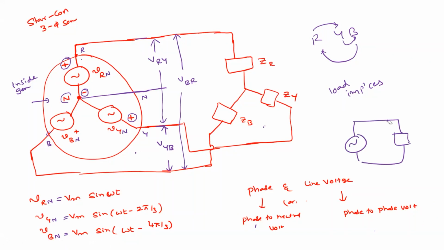Sir, that N is there, and you have given a negative charge. Is that neutral? How can you give a negative charge? I'm not saying it is negative. We already discussed that for AC there is no positive or negative sign. These are the instantaneous positives and negatives. This is positive and this is negative. This VRN means the voltage is measured between this point and this point. One clamp is connected like this and the other clamp is connected like this. So that is instantaneous voltage or instantaneous polarity.